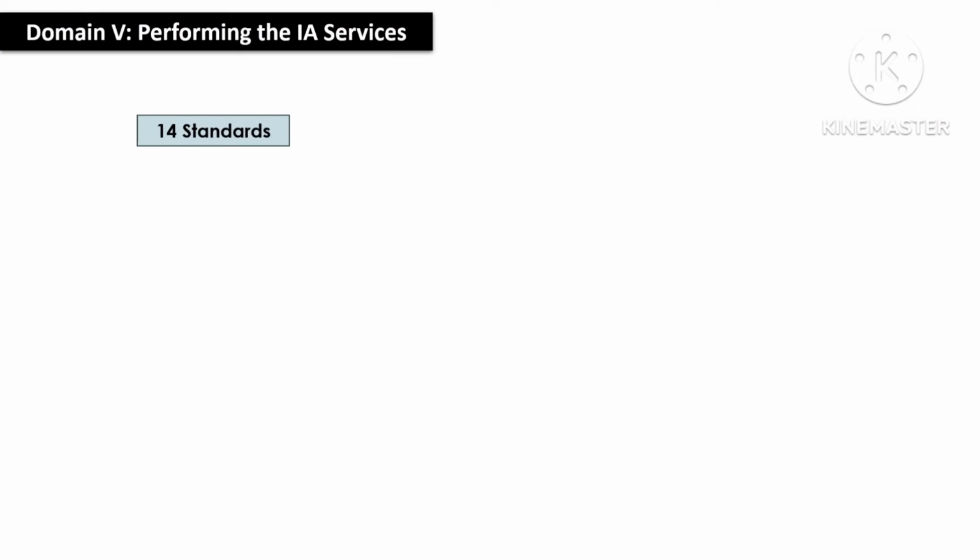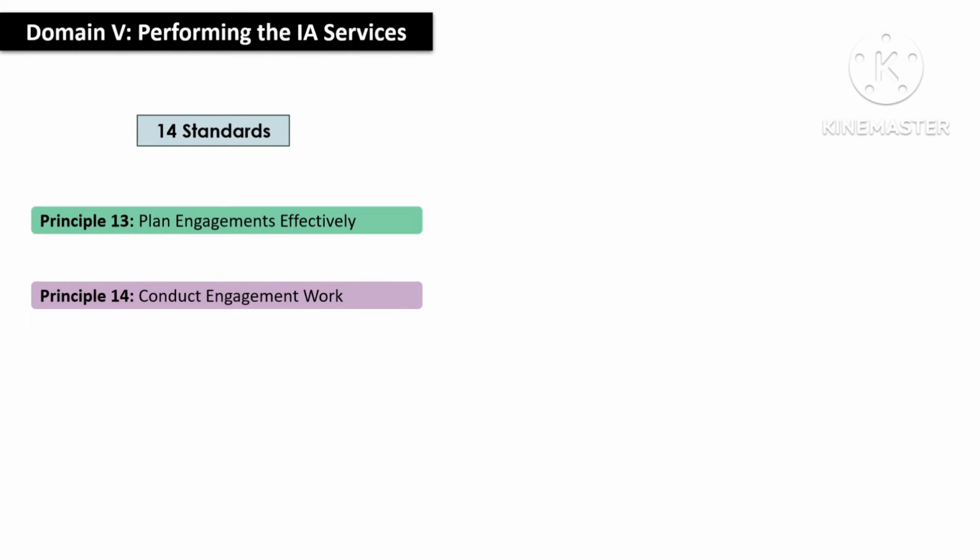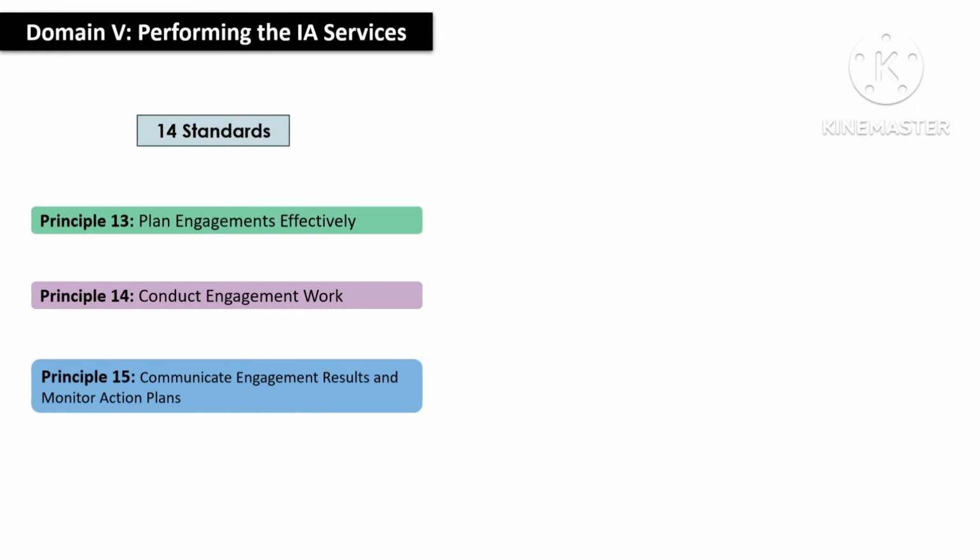The last but not the least is domain 5, performing internal audit services. Performing the internal audit services has 14 standards. Let's have an overview of this segment of the standards. We have plan engagements effectively, principle number 13, the first principle of domain 5. Then we have conduct engagement work, and then communicate engagement results and monitor action plans, a very important principle, number 15. Principle number 13 has the standards